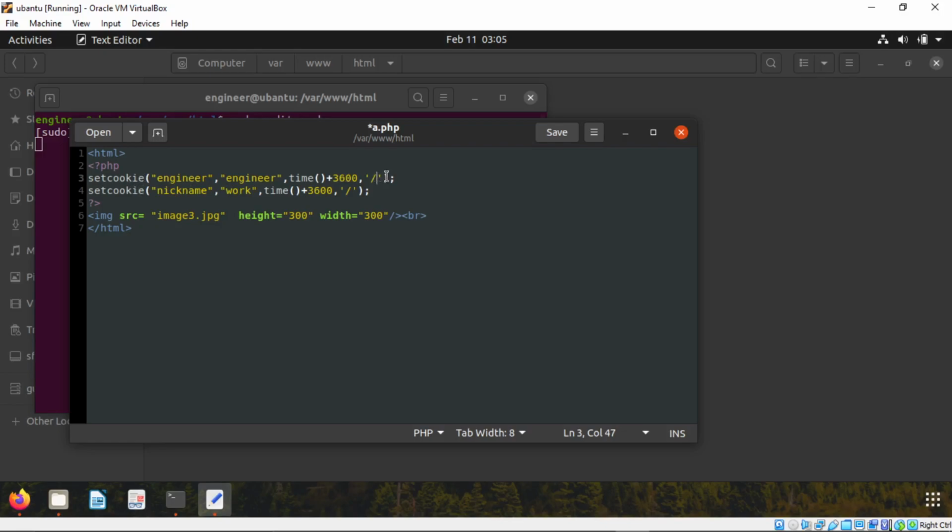Now this is the first cookie. This is the second cookie. This is the cookie name. This is the cookie value. This is the time. The same thing. Enough. We'll save this. I think it's saved. We'll click